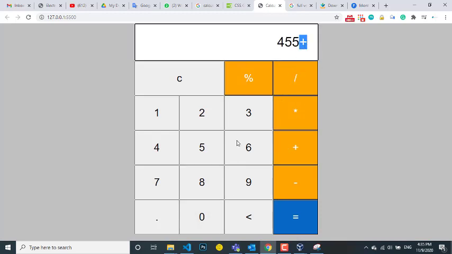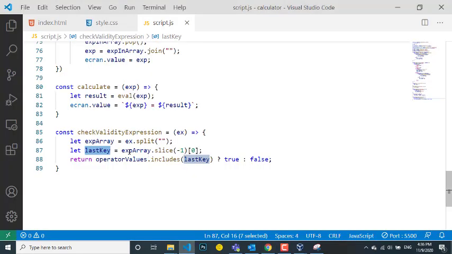But if it's not an operator, I don't even have to check the validity. But if it's an operator, I check to make sure that you cannot click another operator and add it behind this guy. But if you click something that is not an operator, for example, it will show. So that's why I am checking. Now, how I got it and stored it here, I use this ternary operator to check if this last key pressed is actually in the operators.